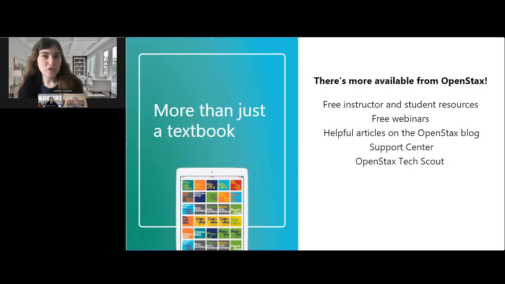OpenStax offers more than just free textbooks. We also offer free instructor and student resources to go alongside each of our textbooks. These include LMS course shells and cartridges, lecture slides, instructors' manuals, test banks, and more. We also offer a variety of free webinars like this one, as well as helpful articles on the OpenStax blog about topics like tips for using our resources, the updates we've made to our books, and strategies for enhancing student